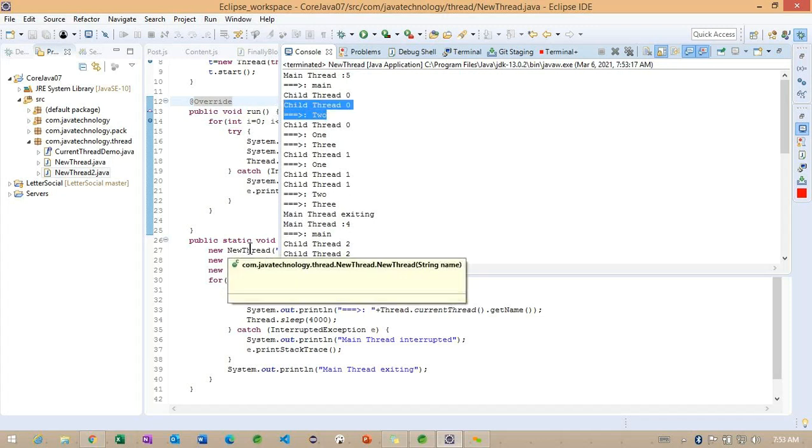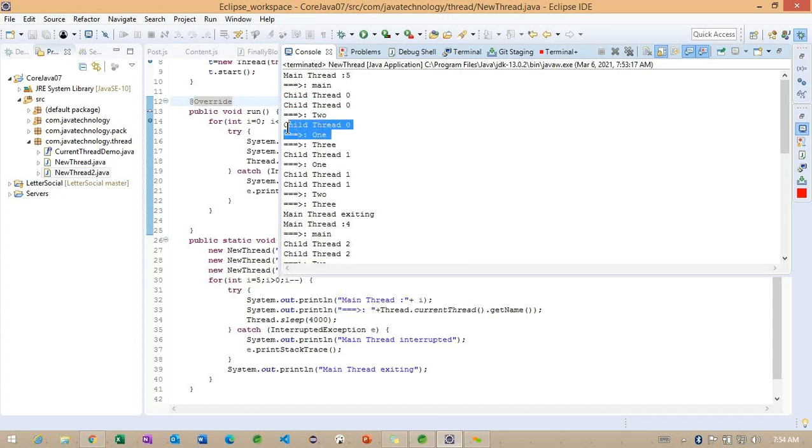Even though we called the first thread first, we don't have an order of execution here. We don't have an order of execution. So because of that, the second thread executed first and the first thread executed second. And now you can observe along with that the third thread also is executed here.